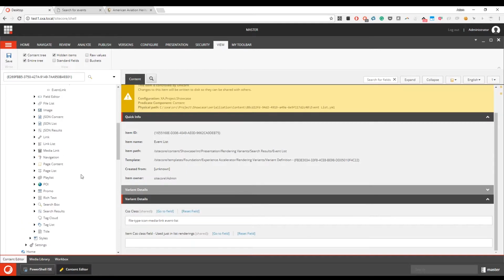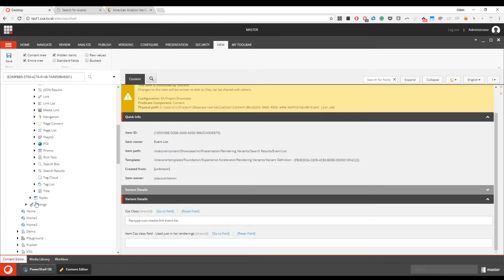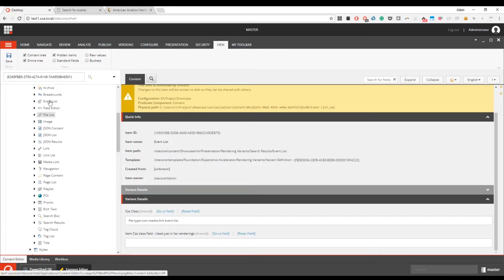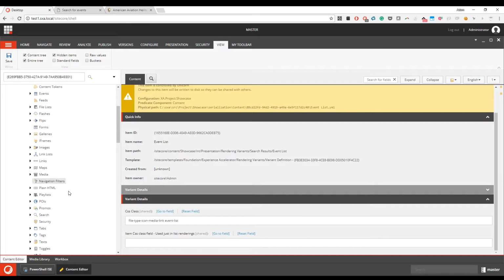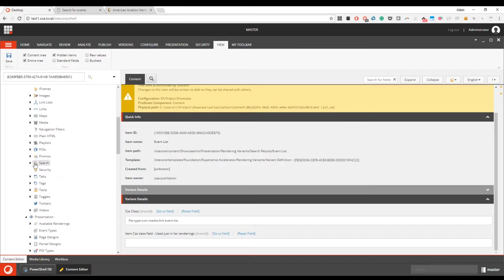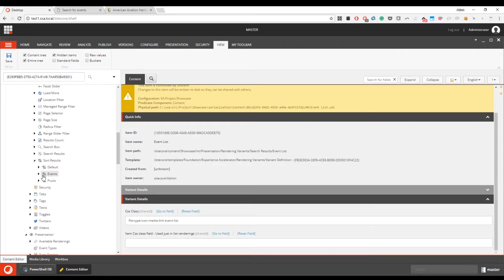So for sorting, I have in my search, no, this is rendering variant, in my data, underneath search, I have sort results, and for events I have created a special